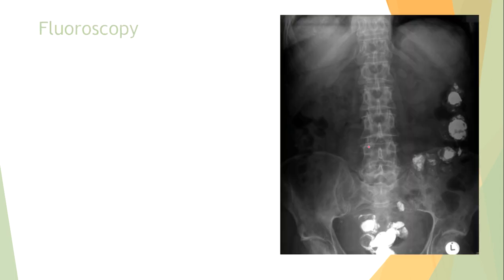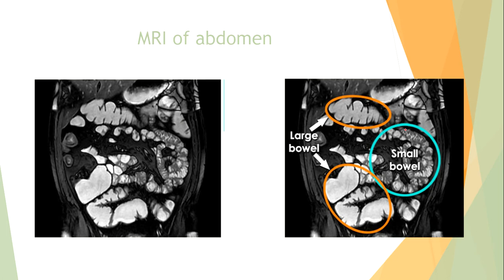Here we see the fluoroscopy. It's residual parts of barium enema that stay in the bowel. This is an example of the MRI of the abdomen. Here we see parts of large bowel, small bowel,